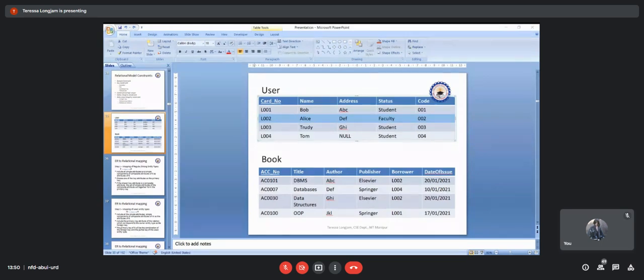Any other doubt? Okay, then respond to your attendance. Abhijit Anand, present, ma'am. Akash, 2,